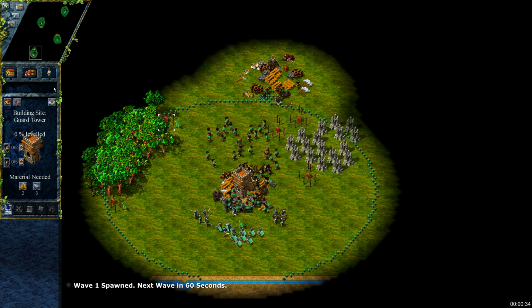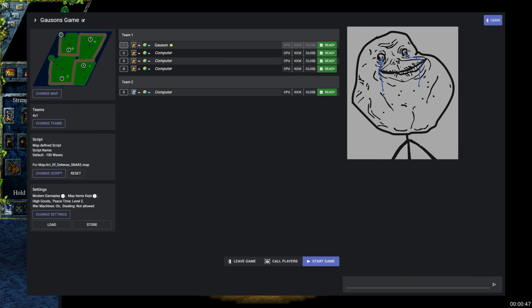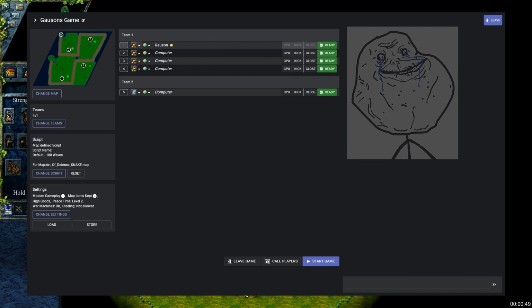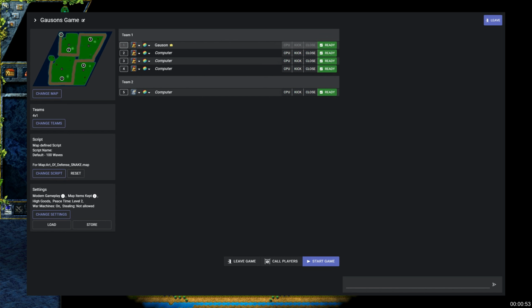Let me quickly show you how to set it up. The full name of the map is Art of Defense Snake, and there's a script that you have to select to make it work. In Team 1 we have up to 4 players, but as I'm playing alone, I've selected computer players. In Team 2, in the top left corner, there must be a computer player. As far as I know, he can play any race. Just keep in mind that if he has Amazons, the map will be even easier, as Amazon units